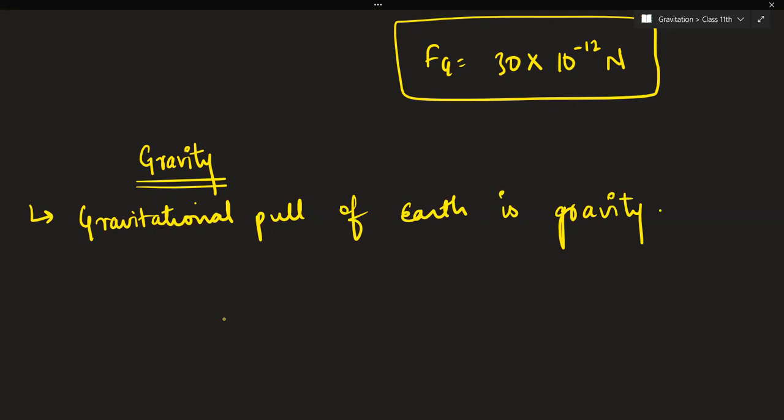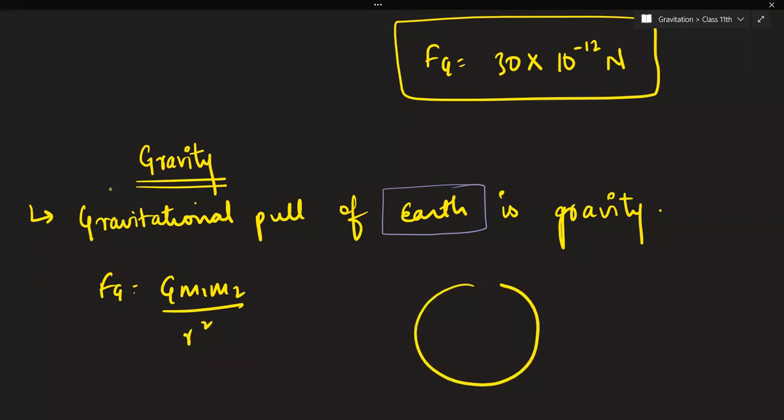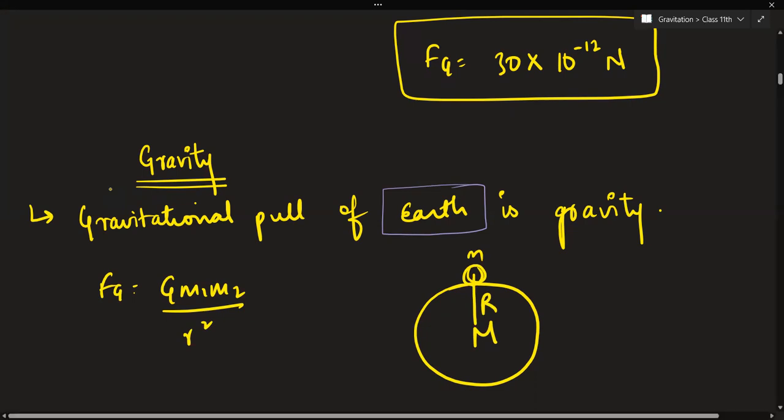Now gravitational force. See, gravitational pull of Earth. So here you are sure about one thing, that one of the masses is Earth. This at least you are sure of. So now see the formula F equals G M1 M2 by R square. Let's say some body is there on Earth. This is some body of mass small m, Earth's mass is M, and the radius of Earth is capital R. So if you apply gravitational force for gravity, that is, specifically for Earth,